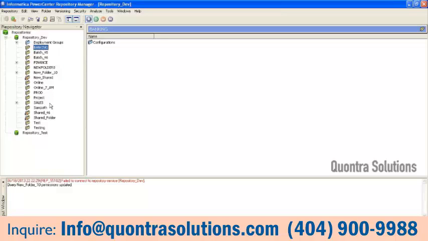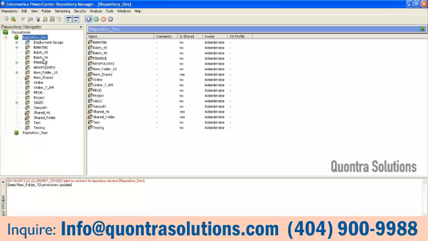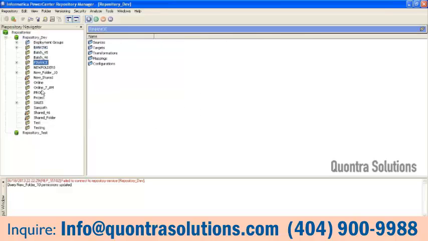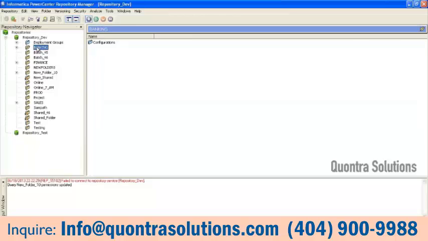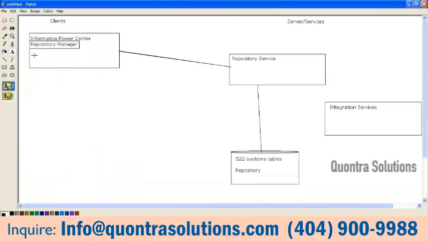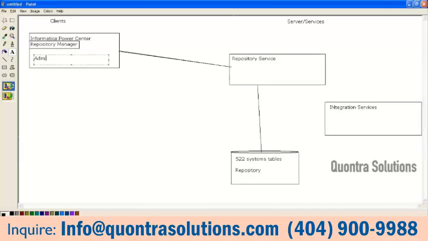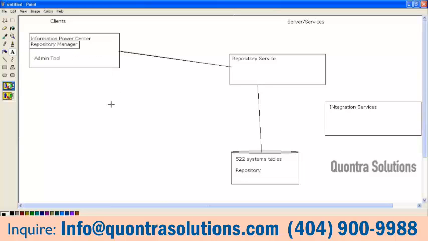For security purposes, let's say you are connecting to this repository. This repository is going to have a banking folder, finance folder, sales folder, or marketing folder. If you join the organization in the sales domain, you will not have access to banking. You will have view access, not executable access. So creating folders, creating users, and giving read, write, executable access and everything, they are going to do from the repository manager tool. It's one of the admin tools, where the Informatica admins will have complete access. As a developer, you will not have the complete access.